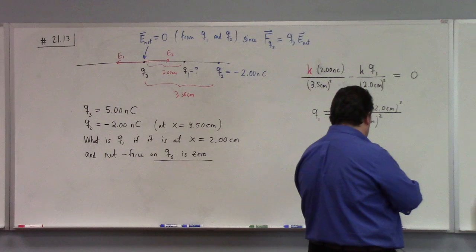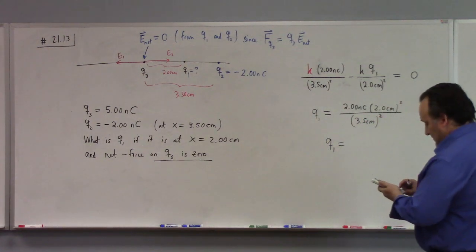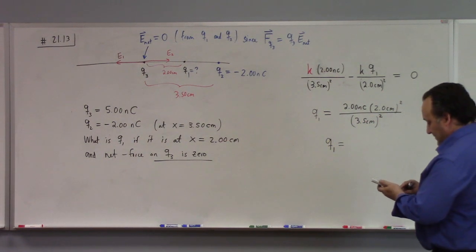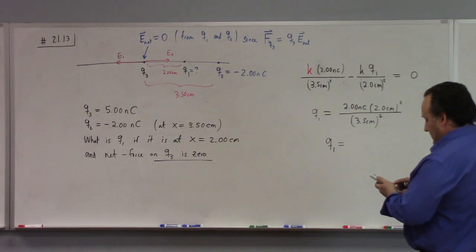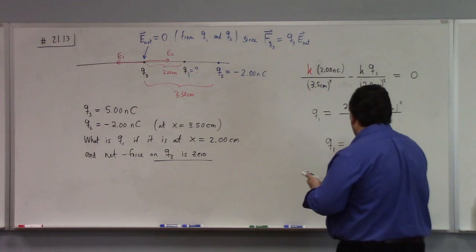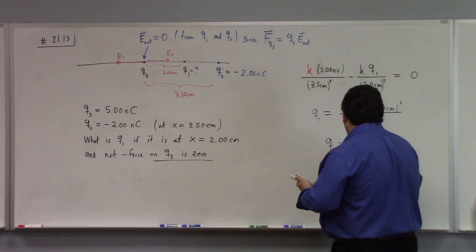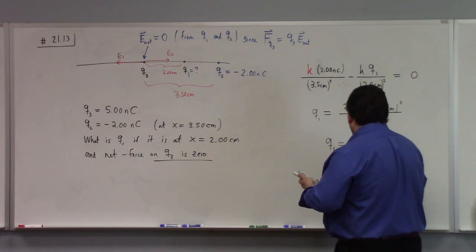Let's see here, 2 times 2 squared divided by 3.5 squared. I got like... Yep. So we've got 0.653